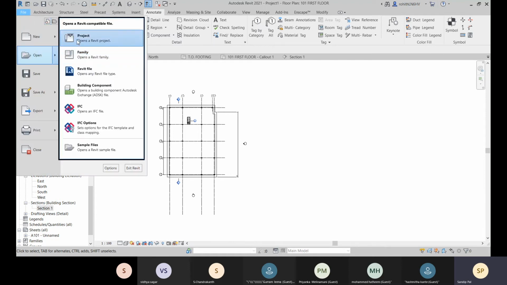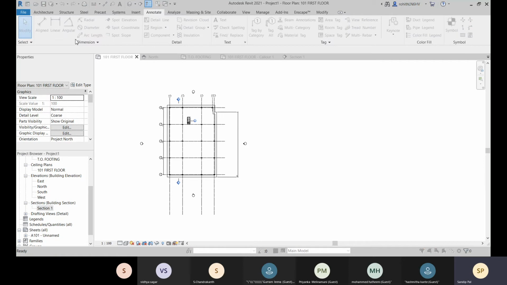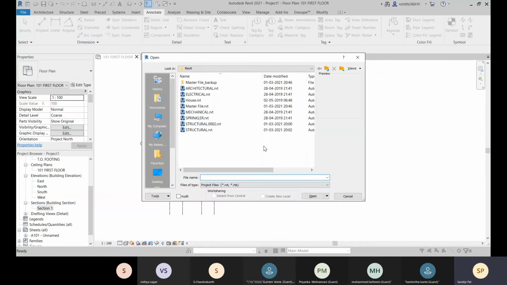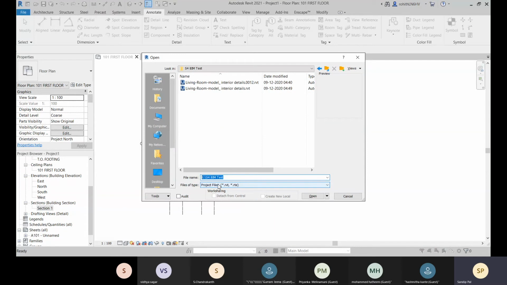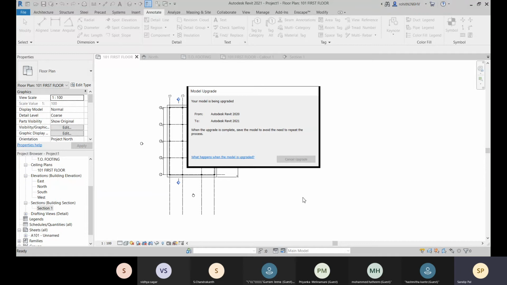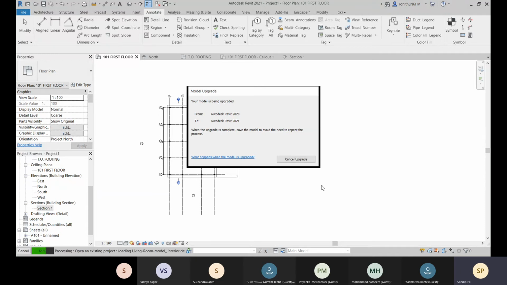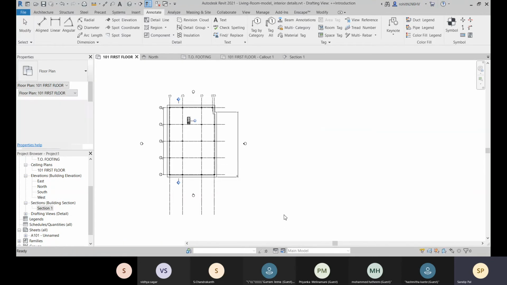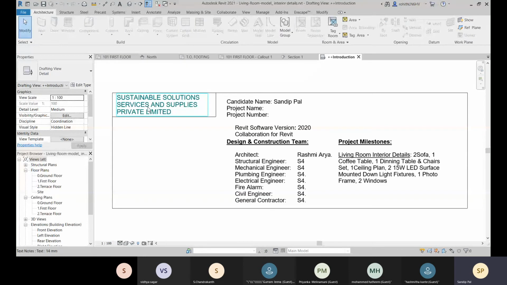Open project. And let's go for this and open. So here I had normally created this one.